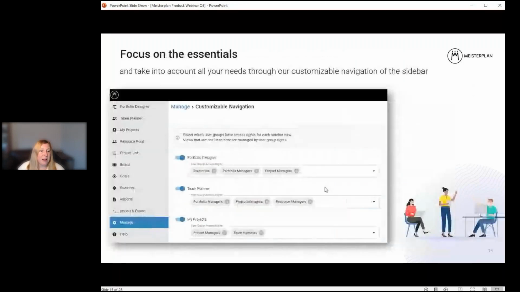So, all right, the next one is our customizable navigation. This is a cool feature that was released, I don't know, a few weeks ago. What you can do here is decide per view which user group has access to which view. So for instance, you can make it so that each user has only the views that are really relevant